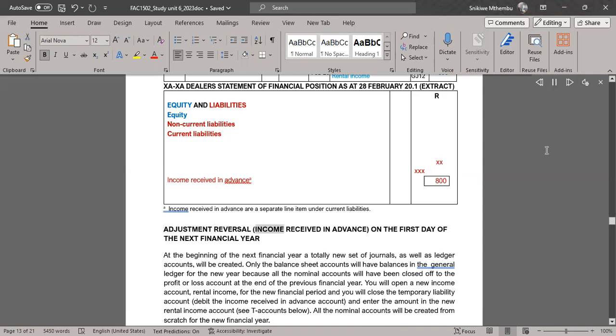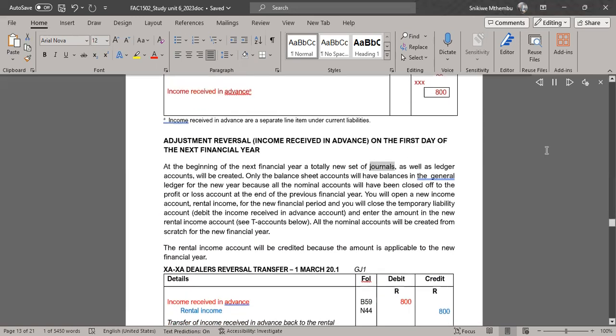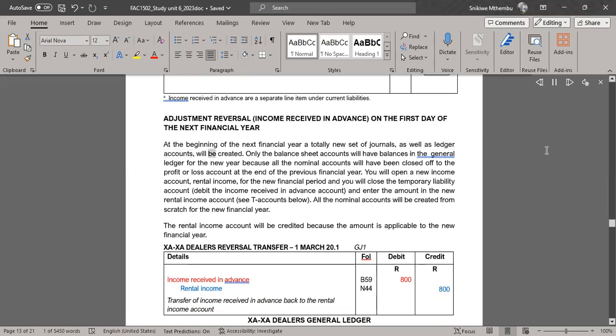Adjustment reversal, income received in advance, on the first day of the next financial year. At the beginning of the next financial year, a totally new set of journals, as well as ledger accounts, will be created. Only the balance sheet accounts will have balances in the general ledger for the new year because all the nominal accounts will have been closed off to the profit or loss account at the end of the previous